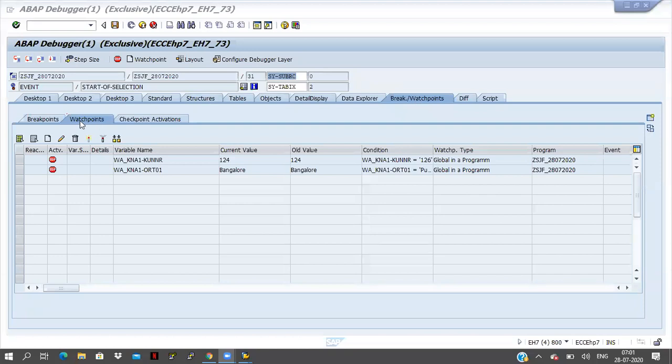If you click on that, the watch point tab is there, and you can see here two watch points are there. KUNNR equals 126 and ORT01 equals Pune.